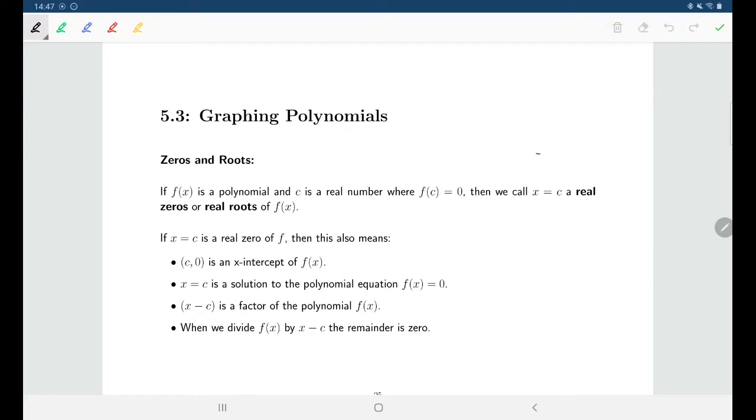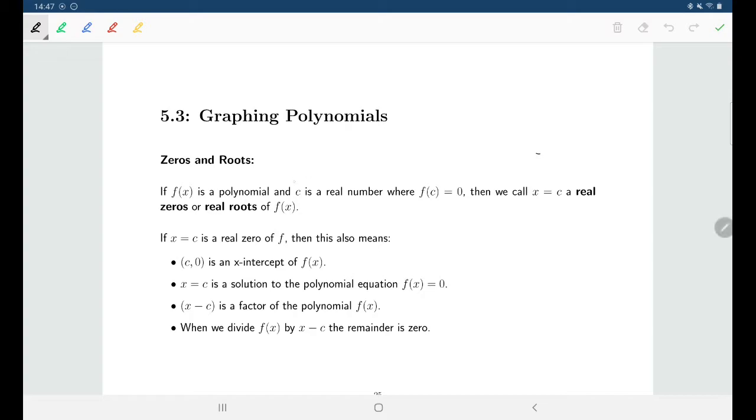Welcome back. In this section, we're going to begin talking about graphing polynomials. It's actually going to be a topic that's going to come back a couple of times during this chapter. To begin with, talking about zeros and roots of a polynomial, when I talk about a real zero or a